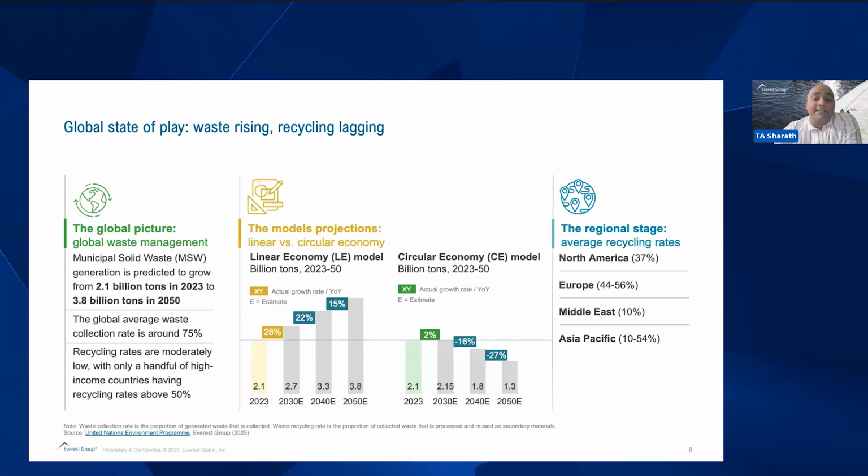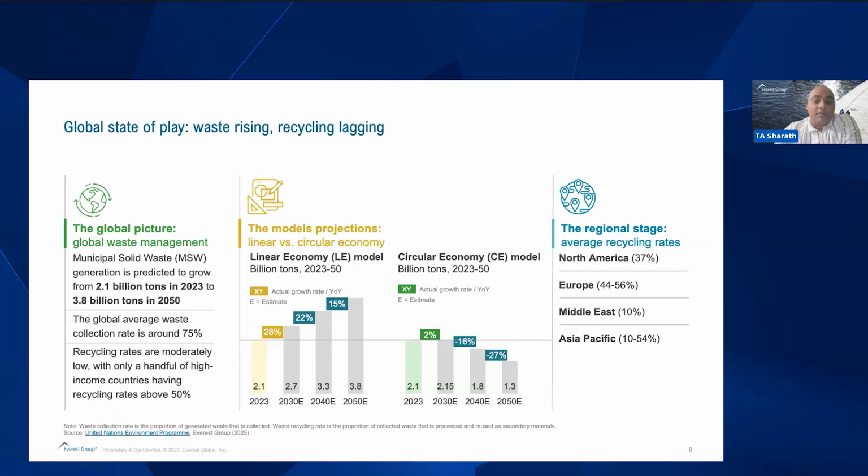So if I have to give good examples, within very few countries in Western Europe and Asia Pacific countries like South Korea, Japan, and Singapore have quite a high recycling rate of 37 to 56%. But other countries have very low recycling rates, mainly due to inconsistent policies and heavy reliance on landfilling. So enhancing the waste collection and recycling rate is the pressing need of the hour, and a robust circular economic model, which will create a closed loop system, will make sure that the waste generation will be reduced to 1.3 billion tons by 2050. Again, this is based on United Nations Environment Program sources.